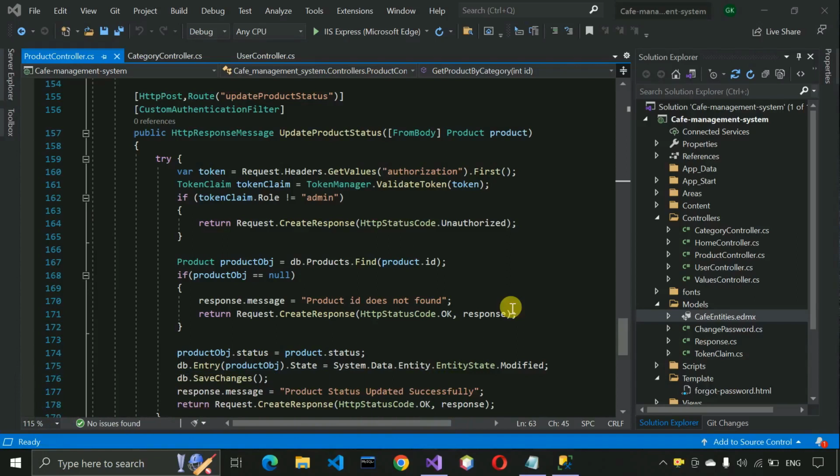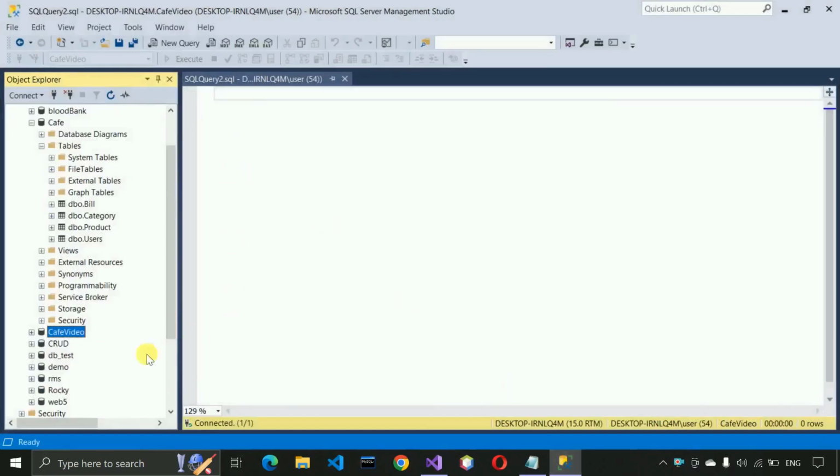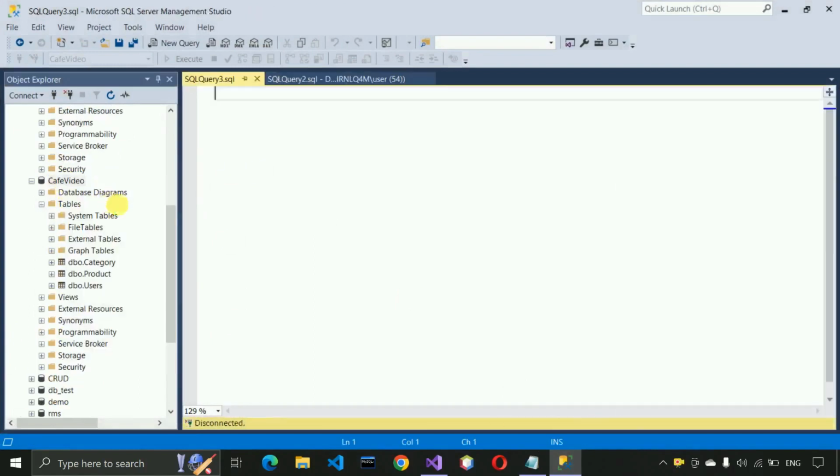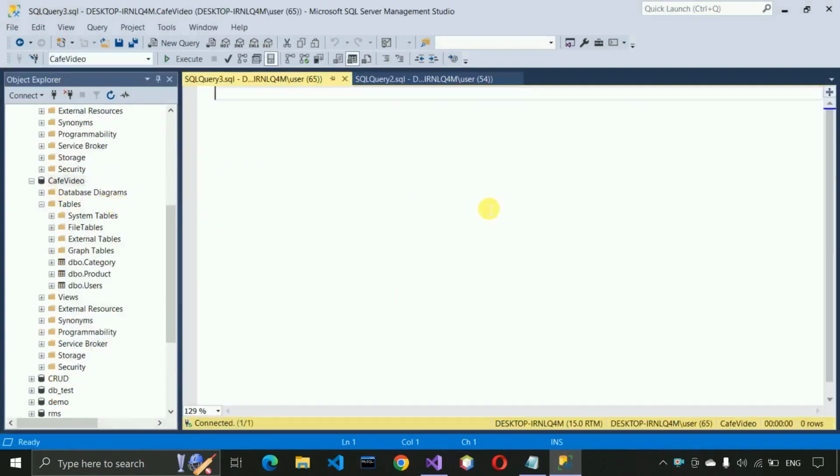So first we are going to create the table to store the data. I'm going to the database over here, right click on this, new query, and here we are going to write the query to create the table. So create table, and it should be bill, and ID int identity 1,1, and it should be primary key,